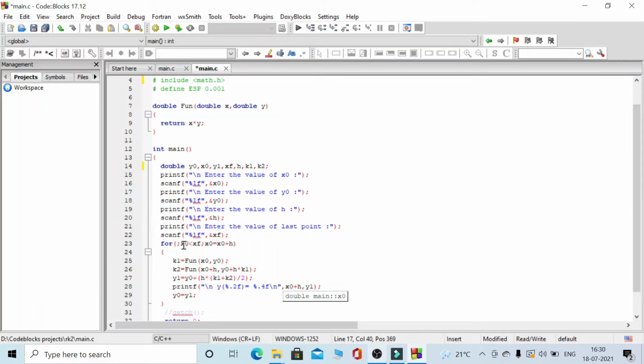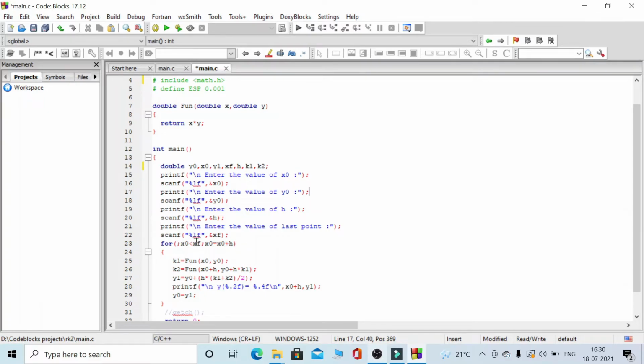So here you can see x0 less than xf. This is the condition. Until this condition becomes false, the statements are executed, and x0 is equal to x0 plus h is the increment.